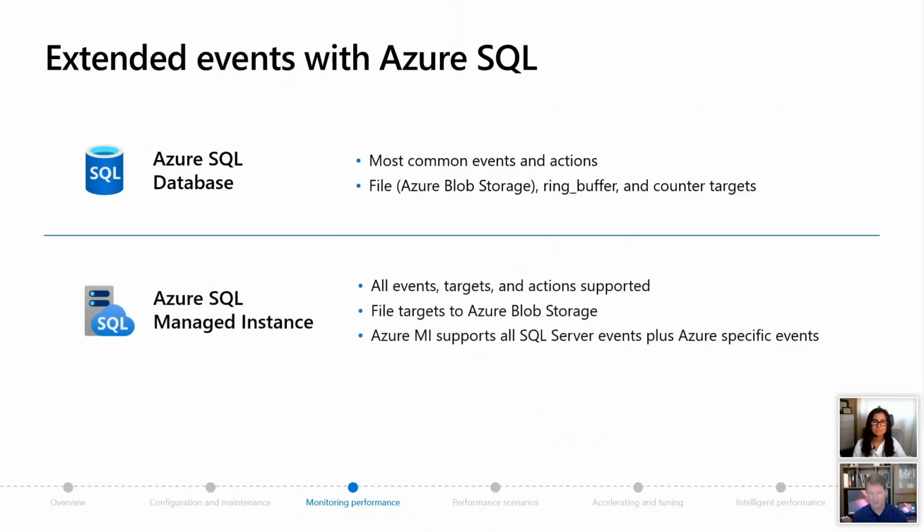What about for a managed instance? Hey, everything is there. Everything like a SQL Server: all events, targets, and actions are all there. And remember again, that file targets need to go to Azure Blob Storage because you don't have access to the underlying file system. And if you really want to geek out, Anna, there are actually some new events that are specific to managed instance where you can track what's going on in the infrastructure. We don't document all those things, but some people will just dump out the DMVs that show you all the X events, and you're going to find a few there for managed instance when looking at that DMV for what objects exist. So that's DMVs and X events. You have just about everything you want to do to monitor SQL Server.